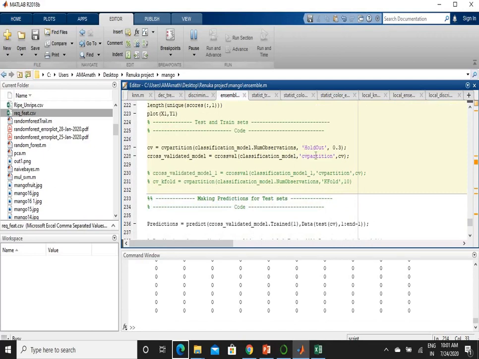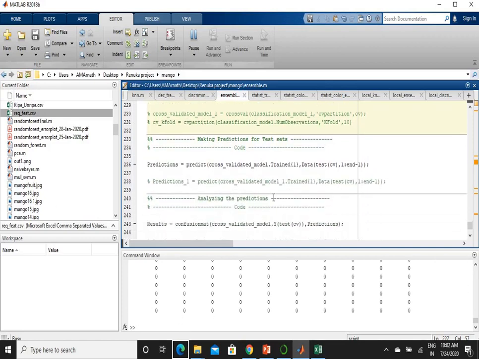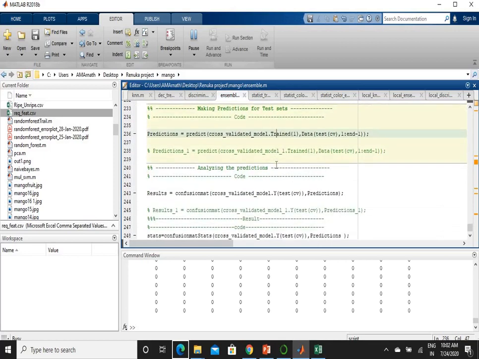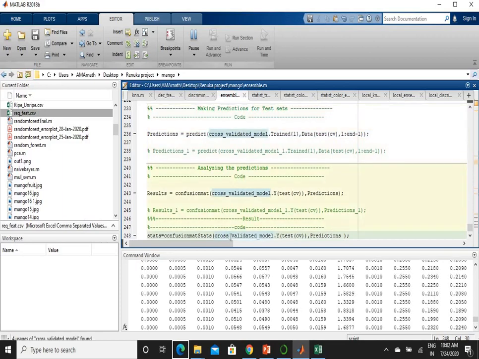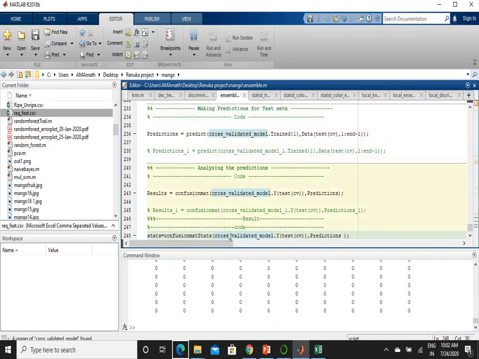Here I am using cvpartition, and from the total dataset I am using 30% of data for testing. After that, I am making predictions for the test set using the predict function. Then I am analyzing the predictions using confusionmat, which gives the confusion matrix. After that, I am getting precision, recall, F-score, accuracy using confusionmatStats.